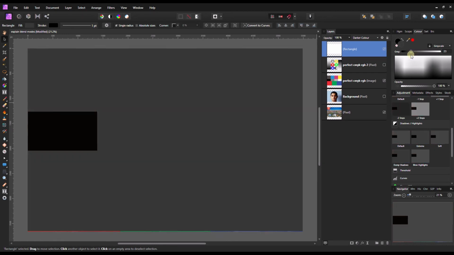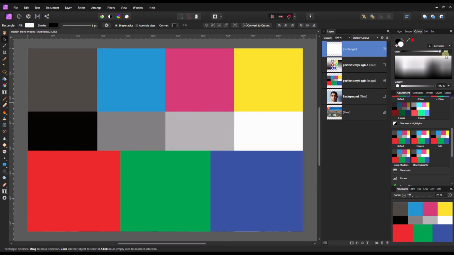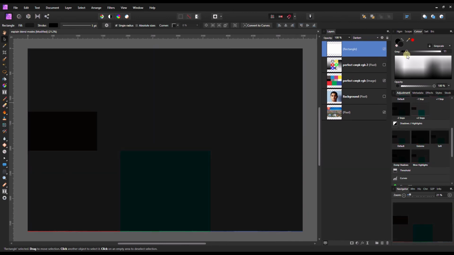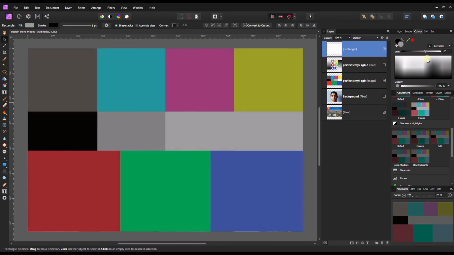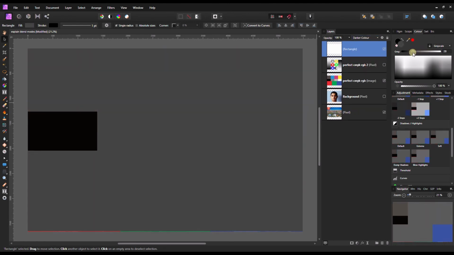You see, again, what it is doing exactly, it's basically doing the same thing as Darken. I'm going to show you the Darken first. In Darken, it's been doing the same thing, but it's quite nice and smooth, right? It's not trying to protect any color, it's just globally changing everything. Where Darker Color, when you're trying to do this, it's not smooth, it's trying to protect some color before it